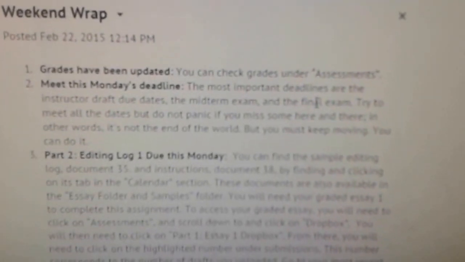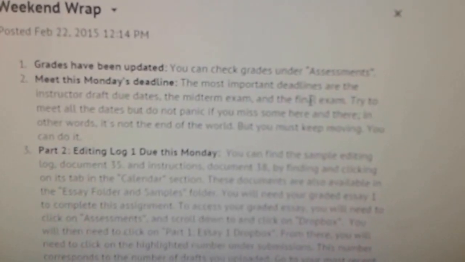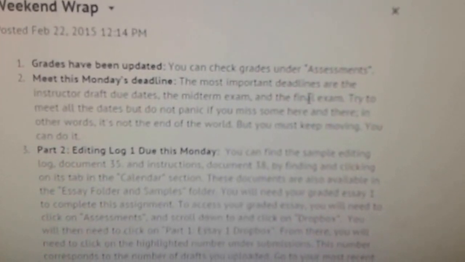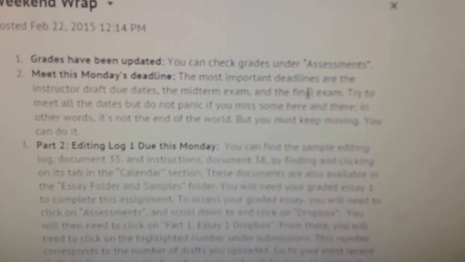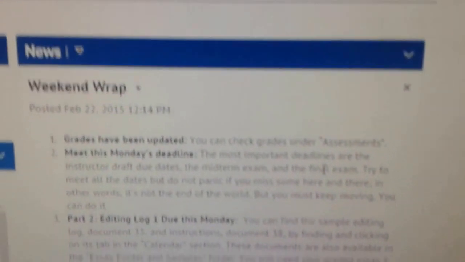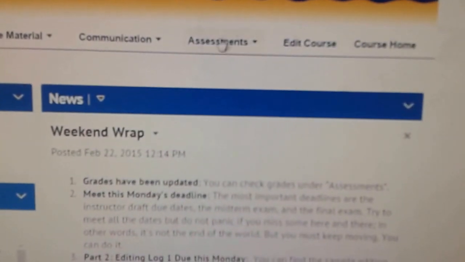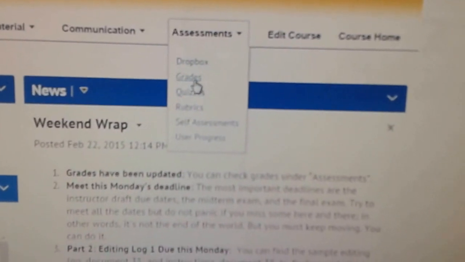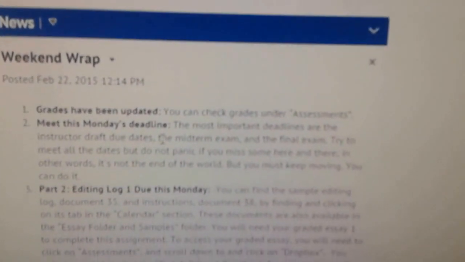So I just want to give you a couple of things. Number one, you can check out your grades. To do that, you just check your grades under assessment. So that's this little icon right here, and then click on grades. Number two,